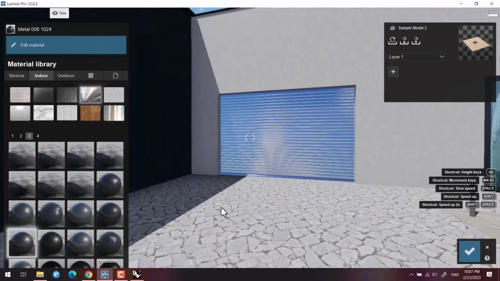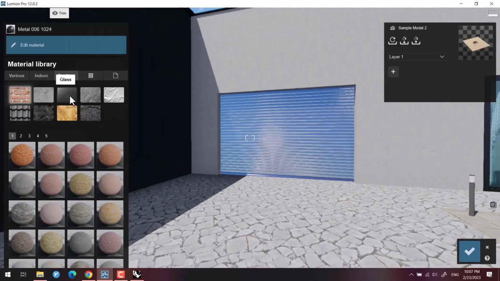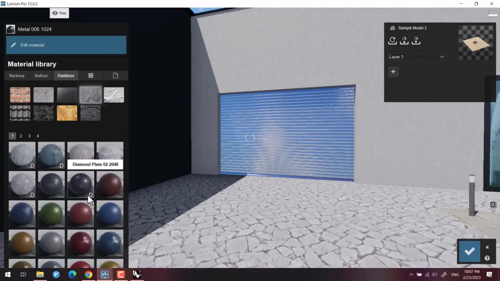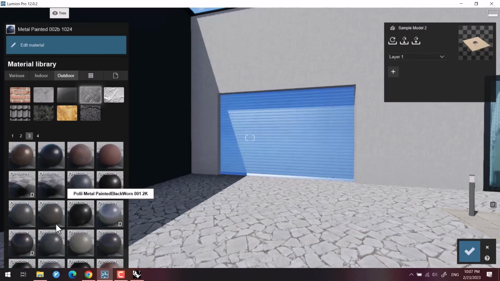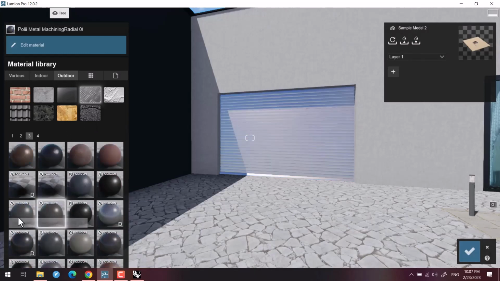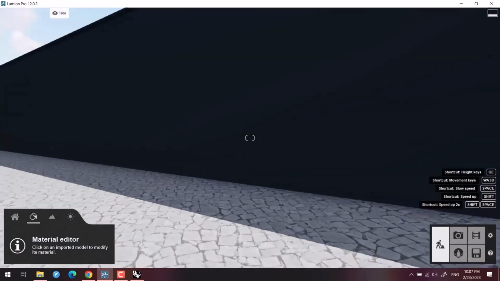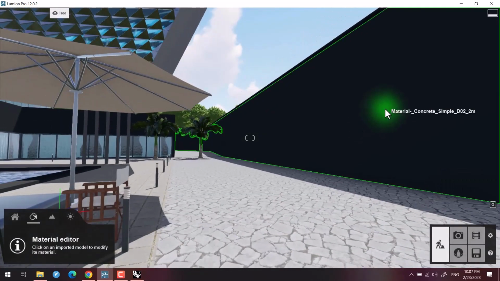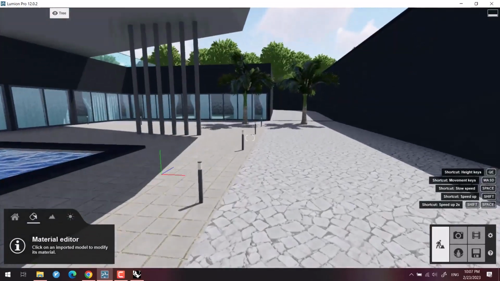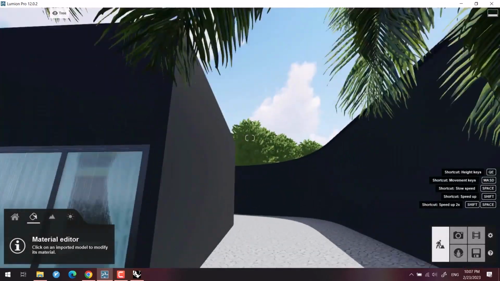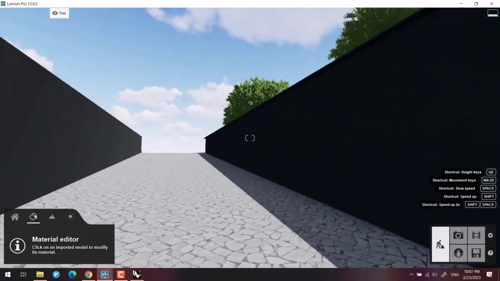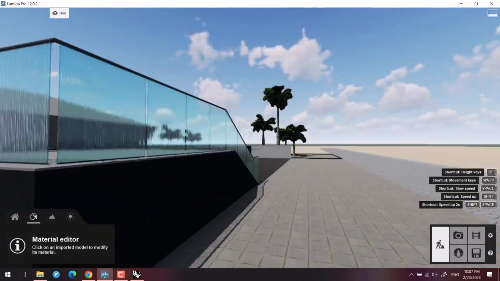We can go to the outdoor section and choose this metal right here for our door, and we choose this one and confirm it. And for this part right here, we will change the light later, and then we will decide something for that. Okay, let's go to this section and change